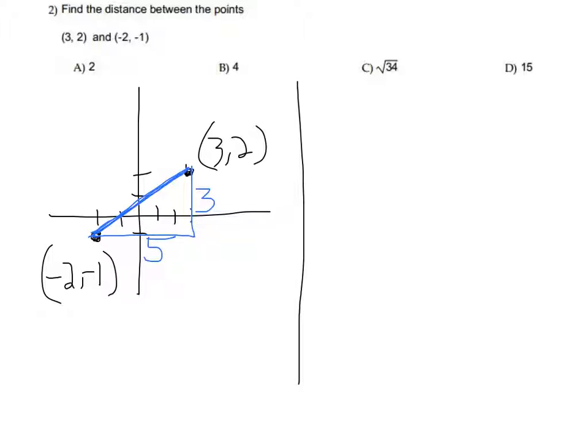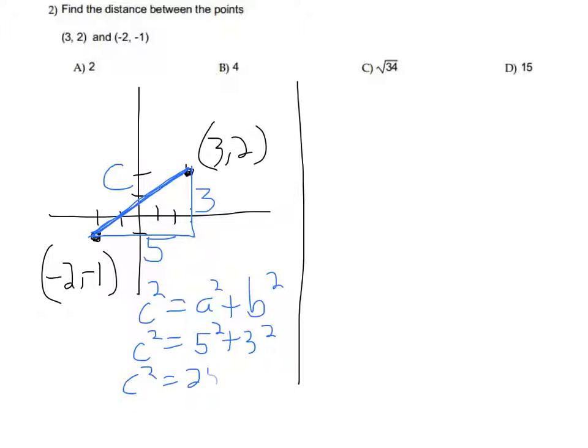So we just have a right triangle. And Pythagorean theorem says that, let's call this c. c squared equals a squared plus b squared. That's c squared equals 5 squared plus 3 squared, which would be 25 plus 9. So c squared equals 34, giving us c, or the distance, equals square root 34,